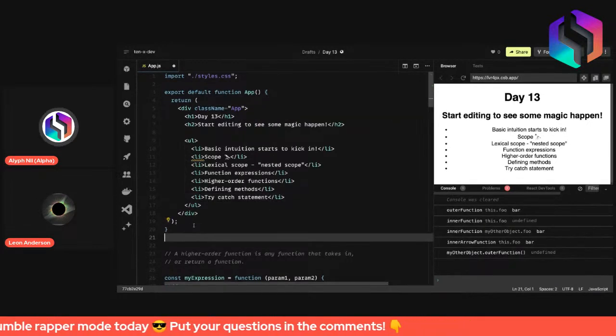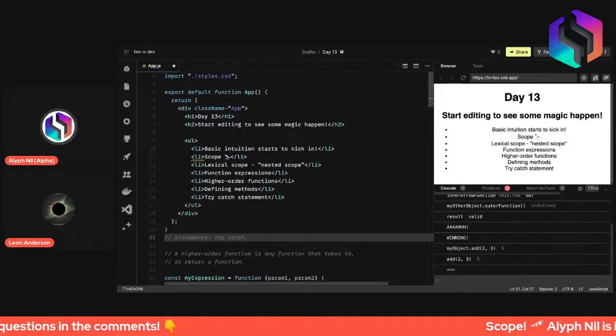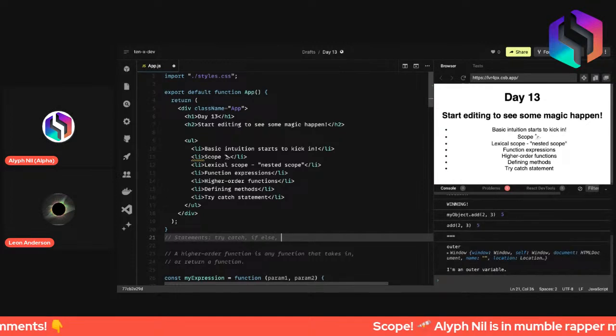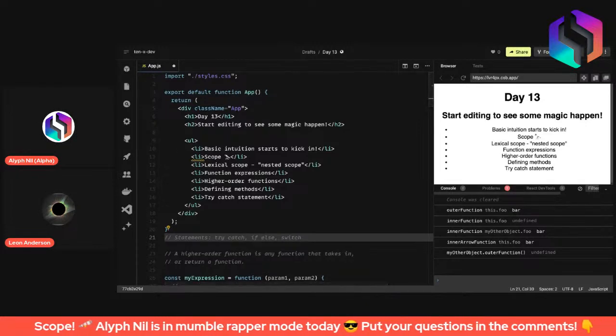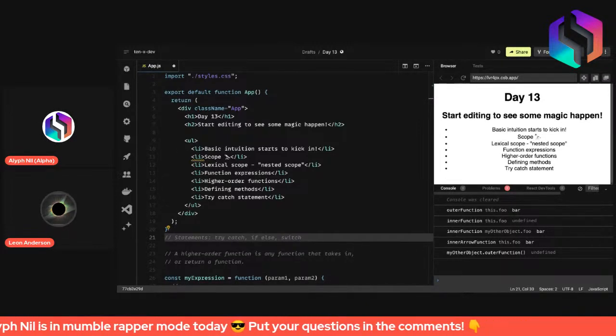Statements are basically like some statements are try, catch, if, else. You also have switch later. All of these are statements. Got it. Okay. So the try catch statement,